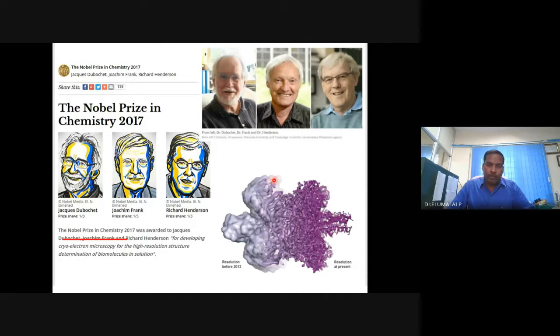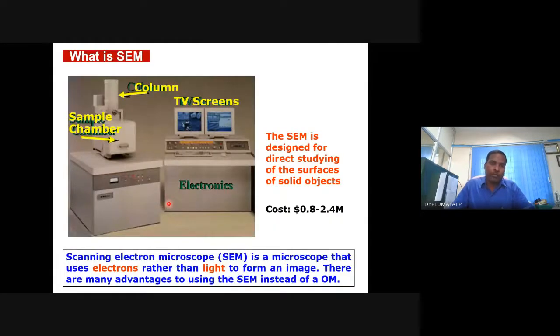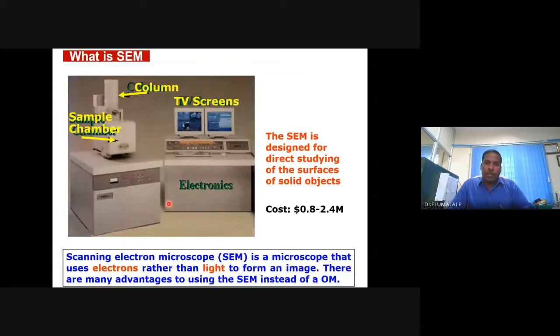Any organs that are transported from one place to another or need to be preserved are cooled and preserved at a low temperature. And at that temperature, you study the structure. This is the protein structure. It can be studied, can be mapped, can be imaged using the cryomicroscope. It all comes under the electron microscope. The origin is EM, electron microscope.